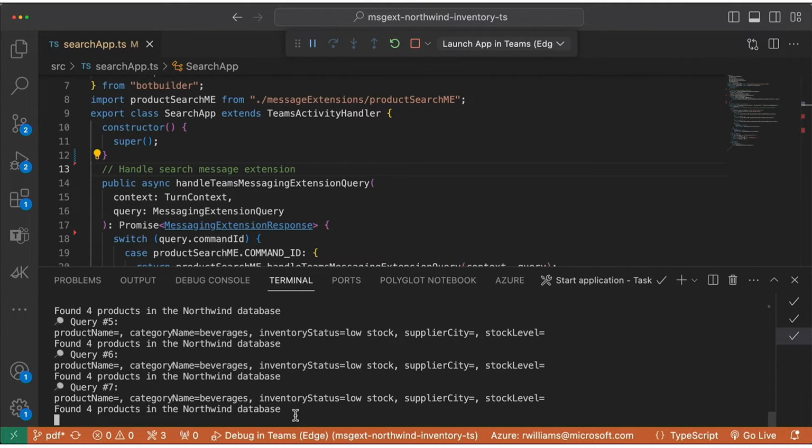I'm now opening up Visual Studio Code, which is where the Teams Toolkit is currently running my application. Here we can see that I've actually logged this query parameter object so that you can take a look at what happens when it's translating. And you can see here that the category name is mapped to beverages and inventory status is low stock based on that one prompt. And then it will go ahead and call my bot for it.